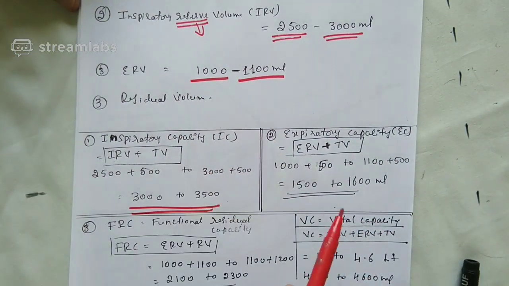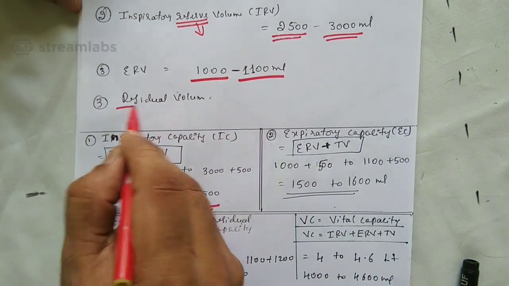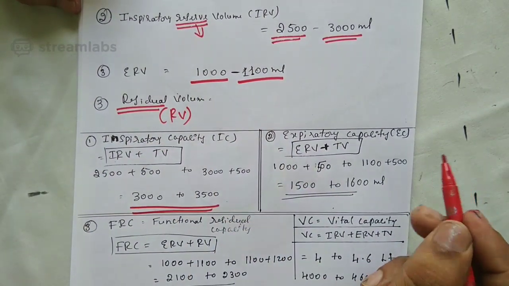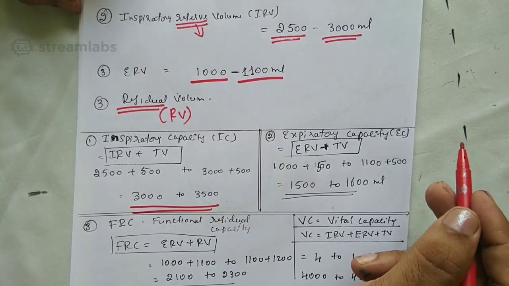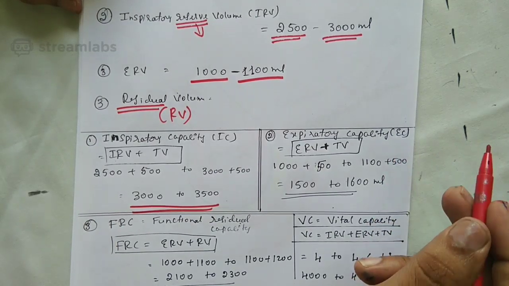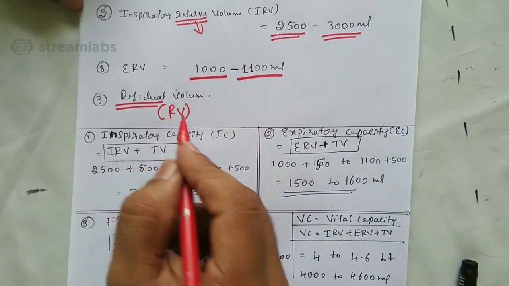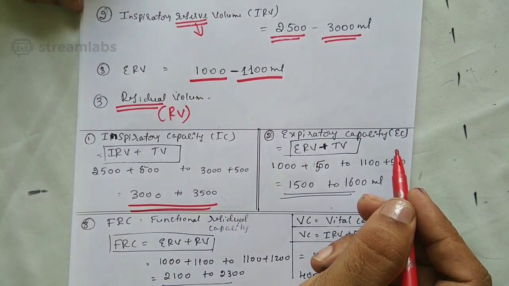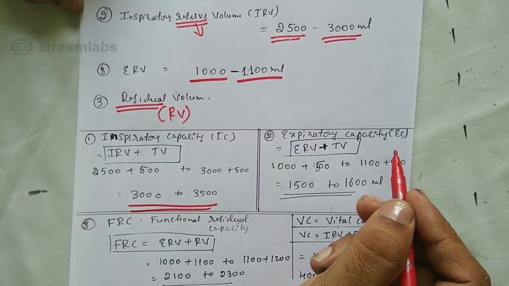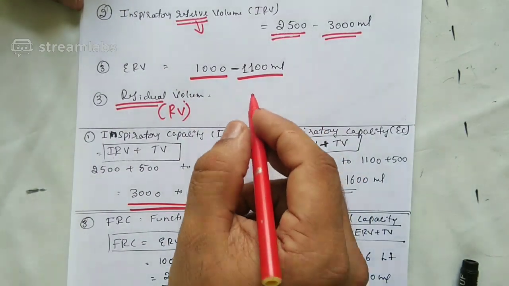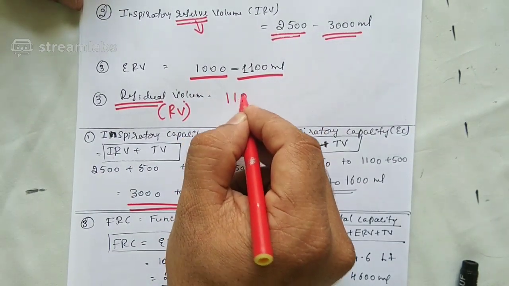What is the next volume? Residual volume. It's called RV, right? What's the residual volume? Even if you forcibly expire, some amount of air will remain in the lungs. That is called residual volume. The volume of air that remains in the lung even after forcible expiration is called residual volume. And residual volume is how much? 1100 to